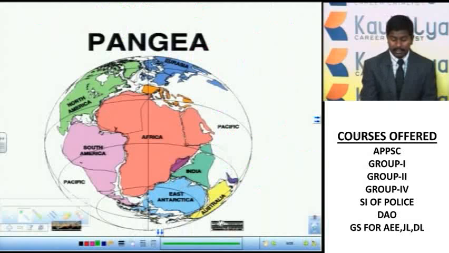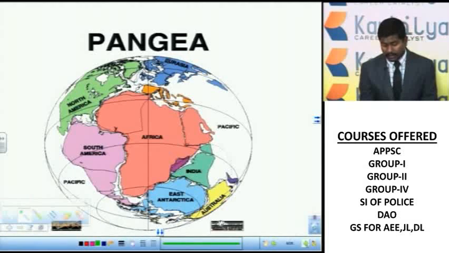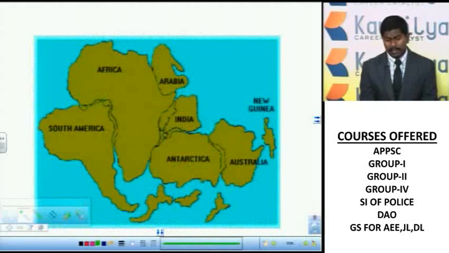Single landmass. See here, it is the Africa continent, South America, the North American part, East Antarctica part, the peninsular India part here, and the Australian part. So all these lands seem to be one single landmass, Pangaea, and the remaining part, these water bodies, the present day Pacific and Atlantic, all seem to be one single water body. That was Panthalassa. Then later, at around 250 million years ago,